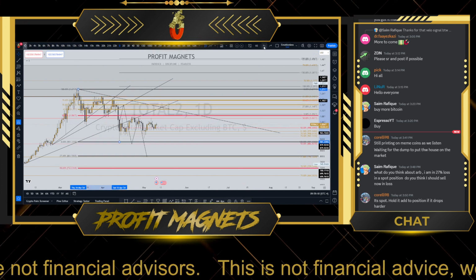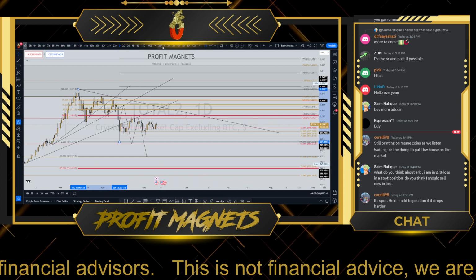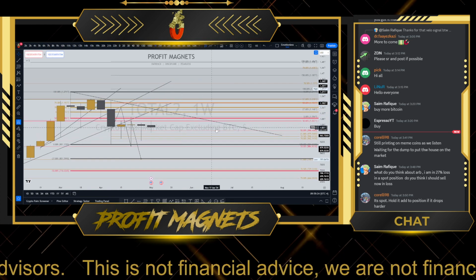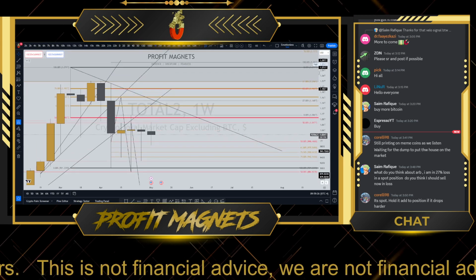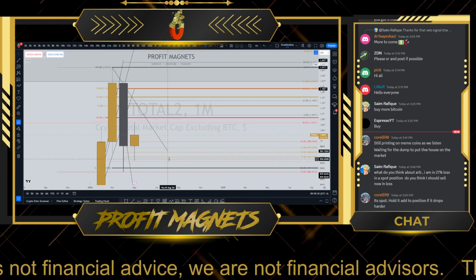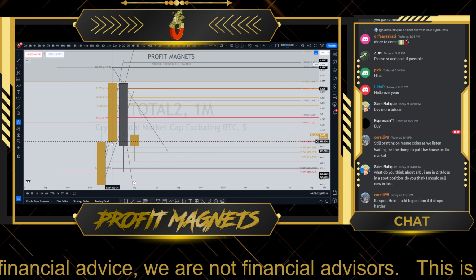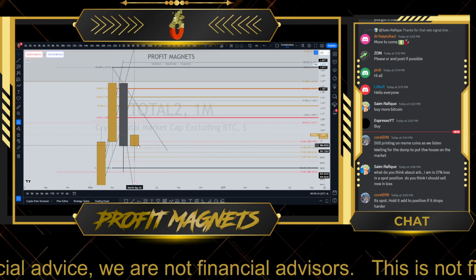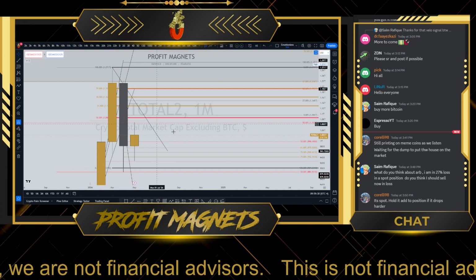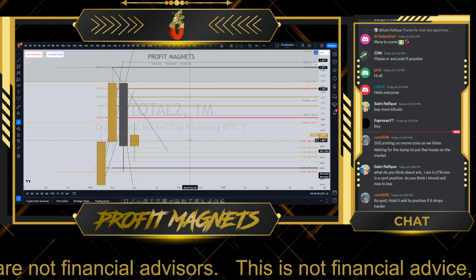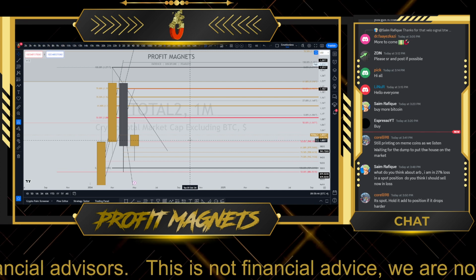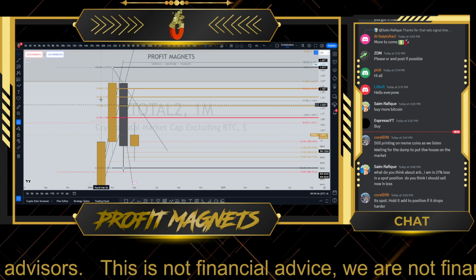That is correct. However, you need to understand that on other time frames, perhaps that has not happened just yet, because there are bigger time frames to pay attention to. Now you go on the weekly, we have, but perhaps on the monthly, we have not, right? So you need to understand as well that bigger time frames also need to catch up to determined levels. So while on the weekly and the daily we have done that, potentially we may need to do it on the total 2 as well.